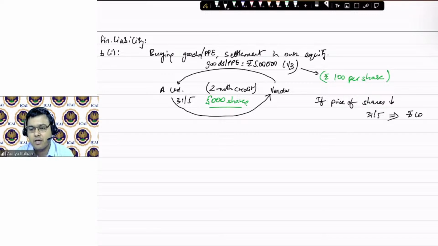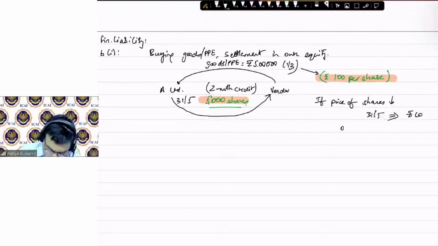He cannot demand that. Because this is a contract where you have agreed to issue 5,000 shares for a value of 100 rupees per share. It is already decided on 1st of March that you will be issuing 5,000 shares at 100 per share. Now the price has become 10 rupees. A Limited will say it's none of my fault. You agreed to this based on the prices prevailing on 1st of March, and therefore I am going to issue you 5,000 shares at 100 per share only. Nothing else. Okay. Sir, the opposite can also happen.